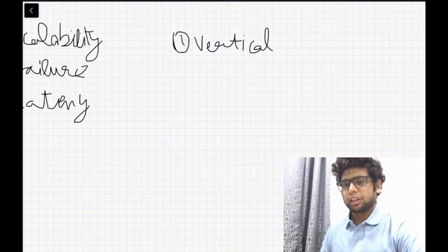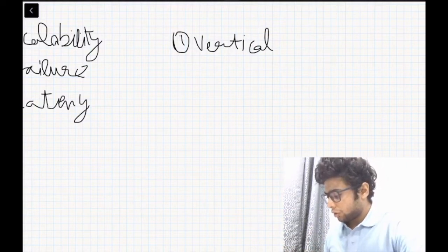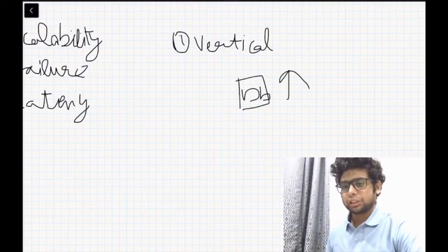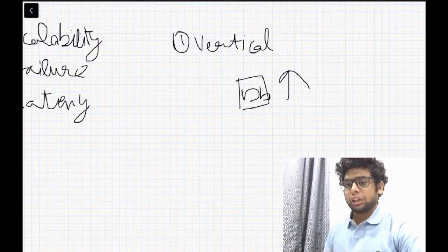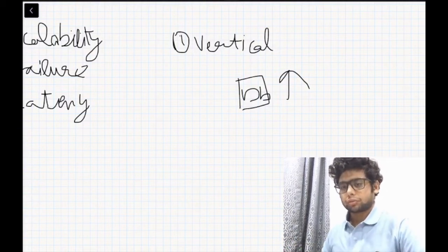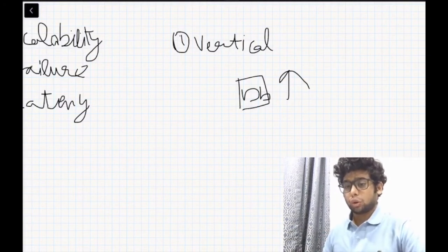Another factor with vertical scaling is that there is still a single point of failure, because we are putting all our money on the one machine. We would only have this DB, and we would be scaling up this DB instance, and this will be the single point of failure. And the third problem that we discussed, latency, still remains, because one geographical user base won't be able to access your database as readily as another. So you wouldn't be able to scale it across various geographical regions. That's why mostly vertical scaling is not done after a point.